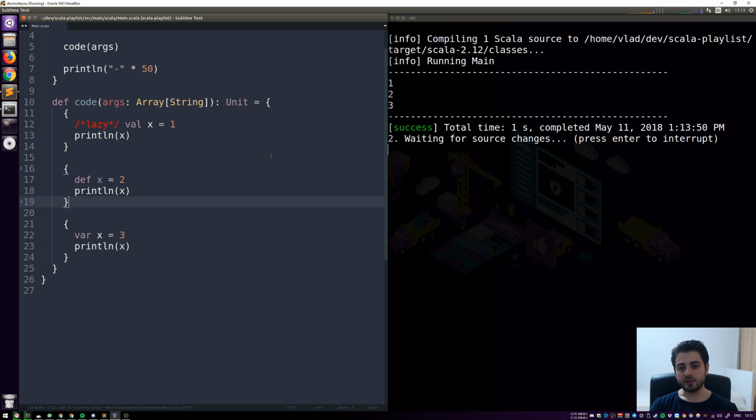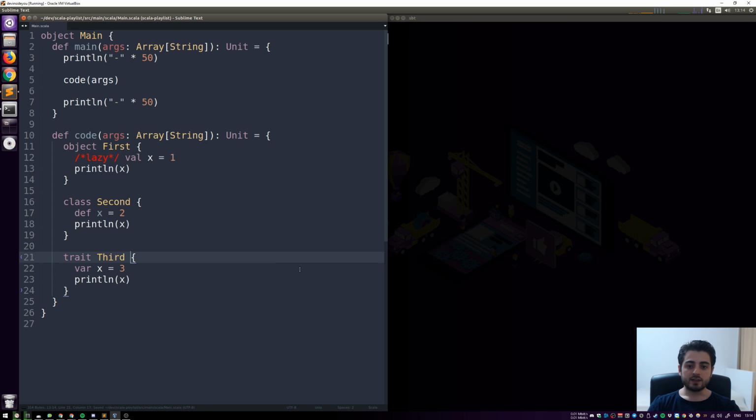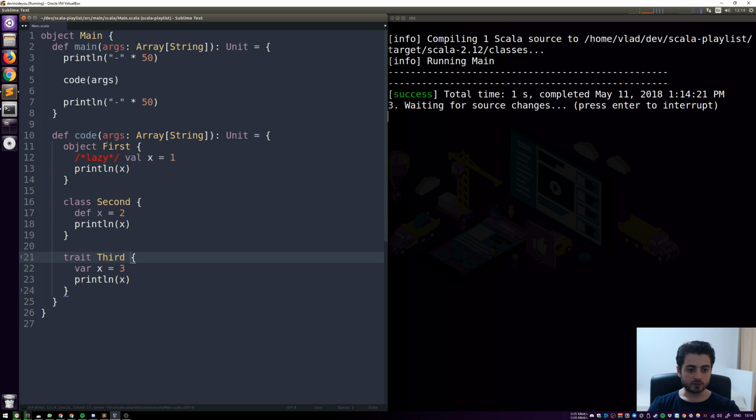So we learned about scopes in a bottom-up fashion. We learned about vals, defs, vars, and even type aliases. And then later we learned about classes, objects, and traits, bigger concepts. Let me type them out as well. So for example, this one could be an object first, and this one could be a class second, and this one could be a trait third, for example. So now we're not going to see the 1, 2, 3 because we're not calling anything on them,